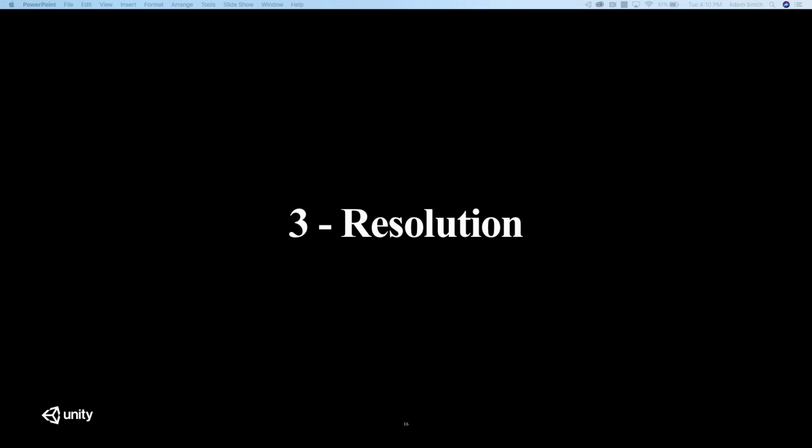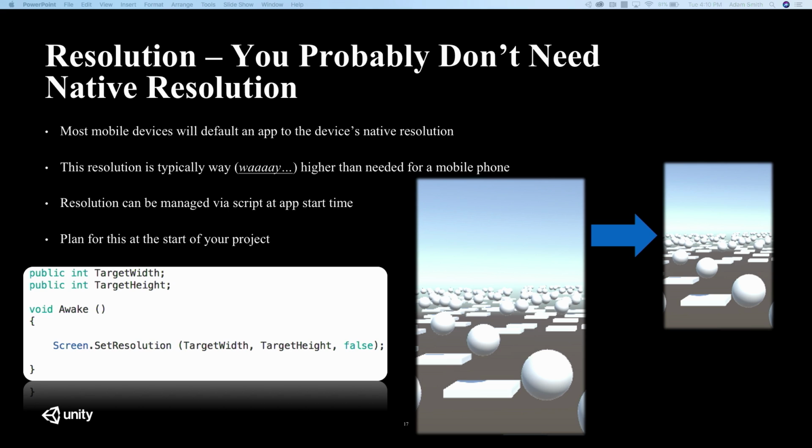So third, resolution. One of the things about mobile development that most people do not know, and this is yet another usual suspect that we talk to every single studio, regardless of their stature in the world, this is something that most people just do not know. Most every mobile device sets the resolution that the user experiences to be the native resolution of the device, which is gigantic. And for something the size of your hand, you probably don't need all that. So I'm going to illustrate the point here